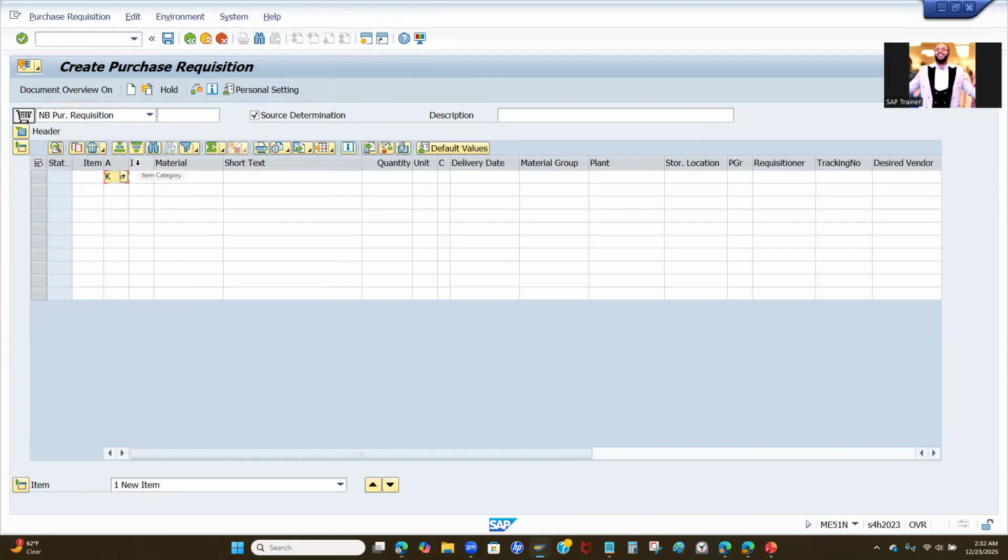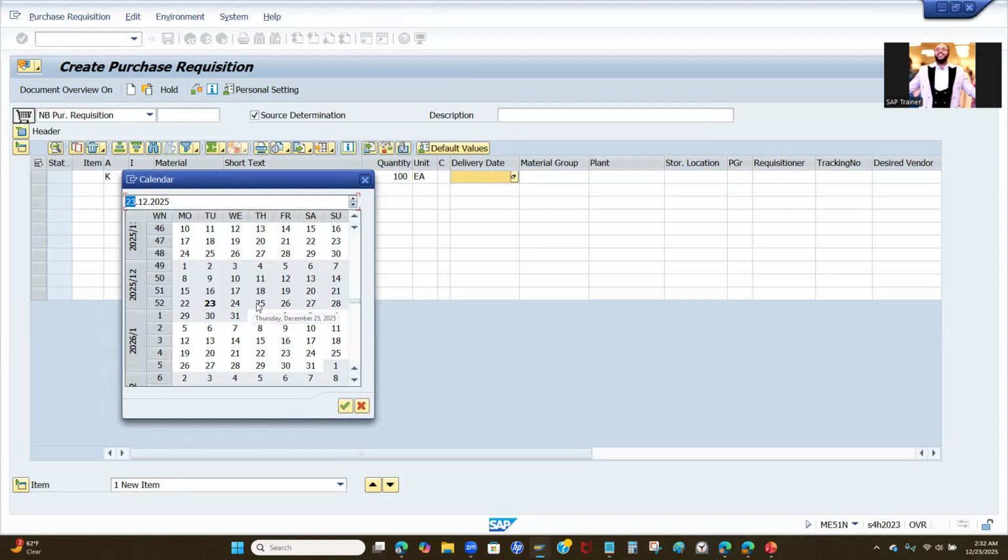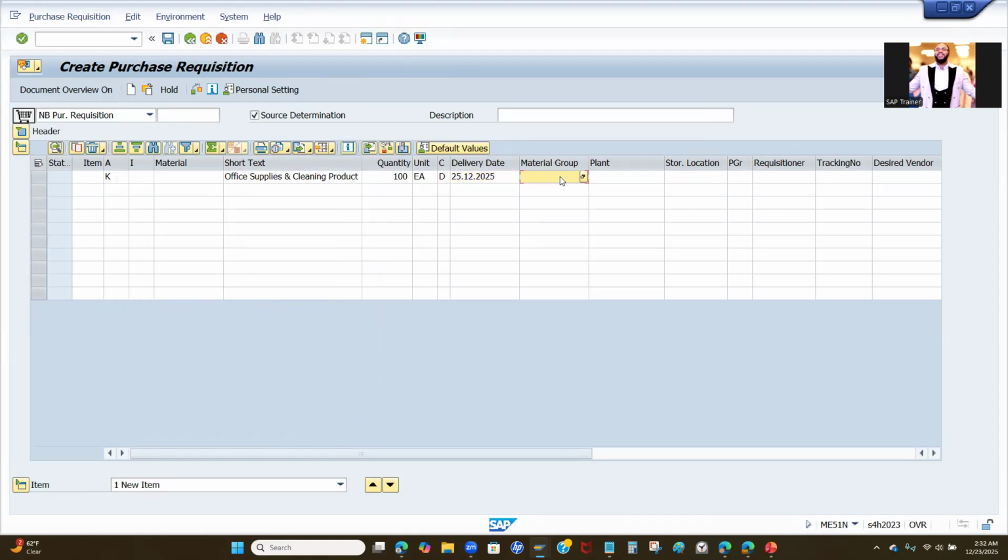Okay. And then for the item category, you're going to leave as is. You're not going to enter a material here. For the short text, you can also say something like office supplies and cleaning products. Okay. And you can define how many quantities you want. So let's say 100 unit of measures each. Let's say maybe the delivery date is going to be on Christmas Day. And then